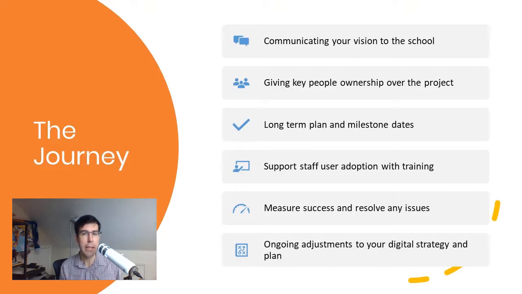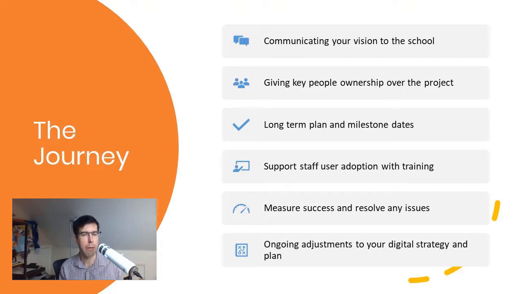The next bit is creating that long-term plan with the milestone dates. So like we said, it's not going to happen overnight. You need to make sure that you have some key dates in place. It might be 6 months, you're going to make your file shares read only, and in a year, you're going to turn them off, or at least pretend to turn them off. So you give staff that clear time frame, and you provide the training and measure that training during that period of time. And it doesn't have to be a year. It could be a few months. You might make it much shorter, and it's really going to depend on your school and your staff and where